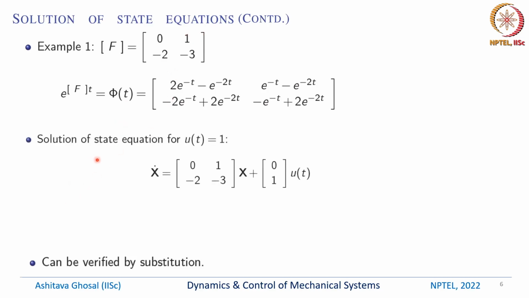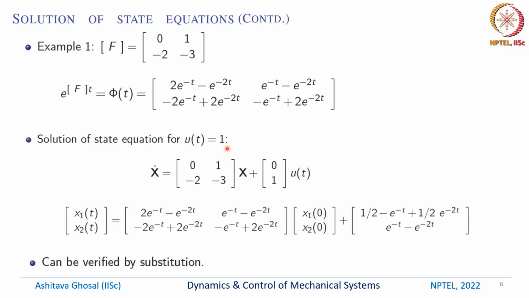So if you want to find the solution of the non-homogeneous part, and let's assume u of t is equal to 1, then we have x dot is again F, which is 0, 1, minus 2, minus 3, into x plus 0, 1 u of t. Okay, and we are going to assume u of t is a constant. It is equal to 1. So once we do this, we can find the solution to the non-homogeneous ordinary differential equation,